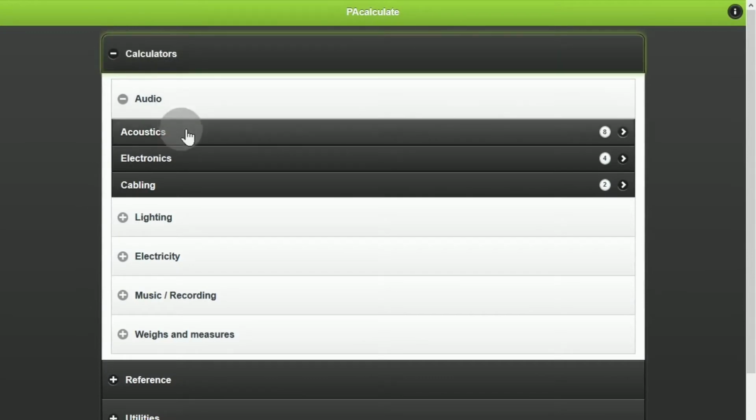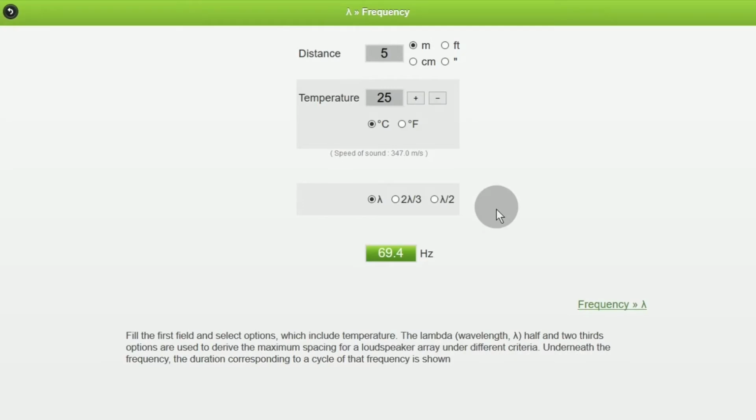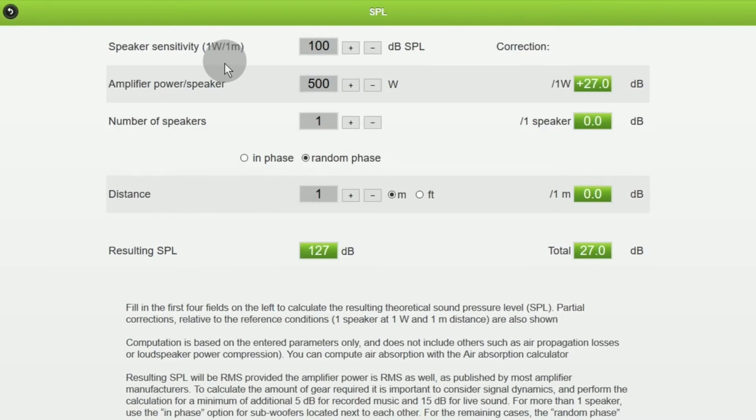As far as calculators go, a lot of them include relatively lengthy help text here at the bottom of the screen, or if we had a mobile phone with a smaller screen, that text screen would be accessed through an info button like this. So that help information is integrated within the app. But in this first video tutorial, we wanted to complement this information with more detailed explanations on the sound pressure level related calculators.